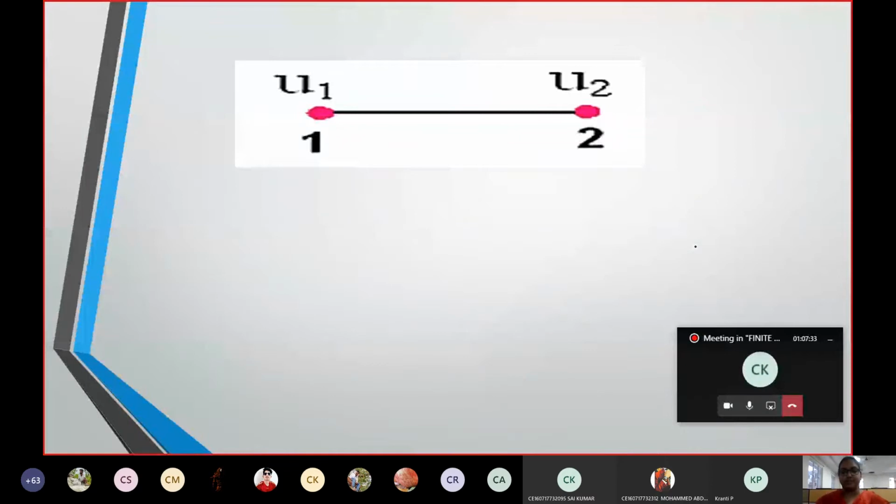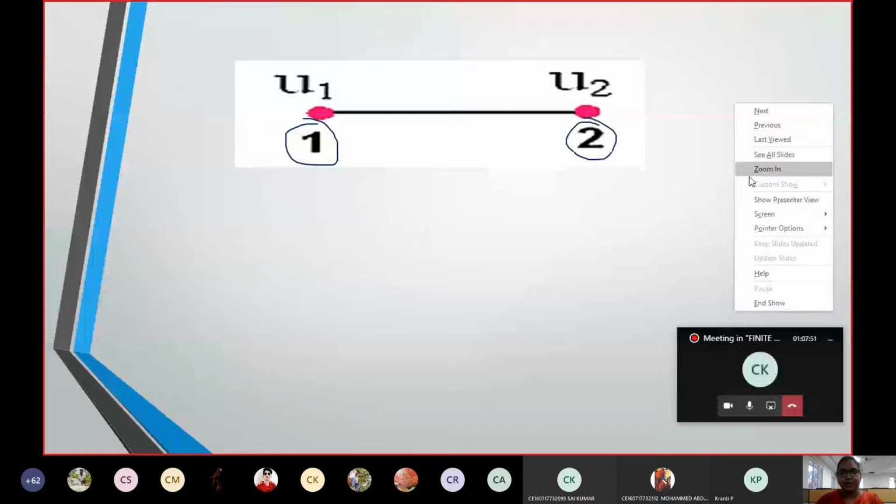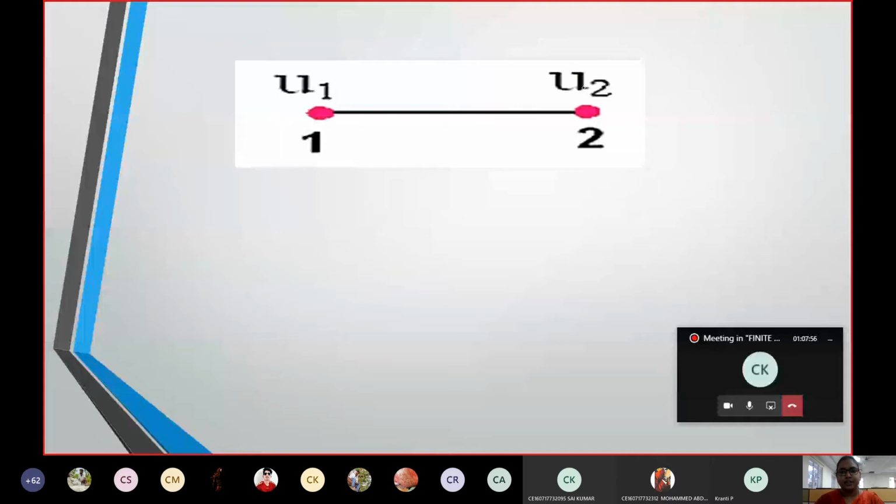We have come into the step where we have to derive the stiffness matrix for a bar element, a two-noded bar element. I am considering that this is a two-noded bar element, that is, I have node 1, node 2, or coordinate 1 and coordinate 2. And U1, U2 would be some displacements: displacement at 1 and displacement at 2.